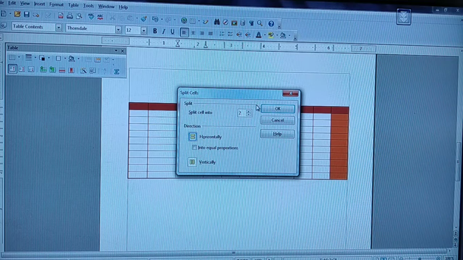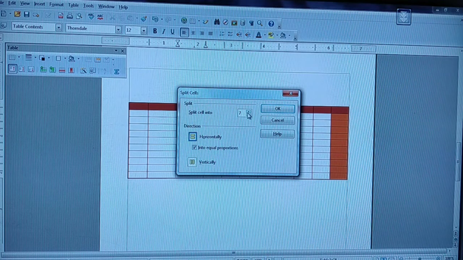So in that it is asking you whether you have to split the cell into two. 2 is the default for you. If you people are willing to change this one, yes, you can change to 3, 4, 5, which is preferable for you, you can select. Similarly, it is asking whether the cell must be split horizontally or vertically. Which you are in need, just you people select that one. Similarly, based upon the space it is to be divided, then only it will be needed for you people to look, so into equal proportion. If I am going to split the cell into 7, each and everything must be in the same size, so I have to click equal proportions. Okay? So clear this one.